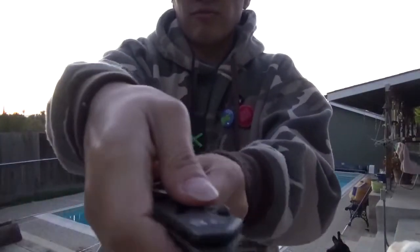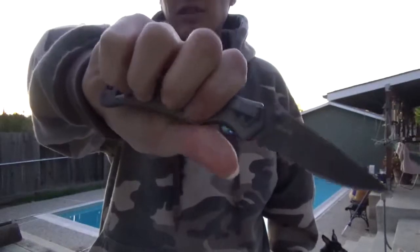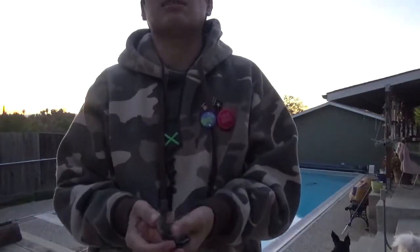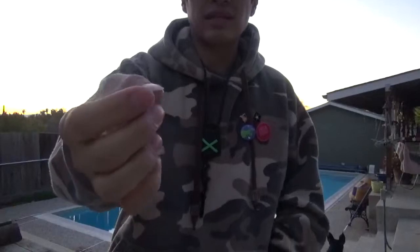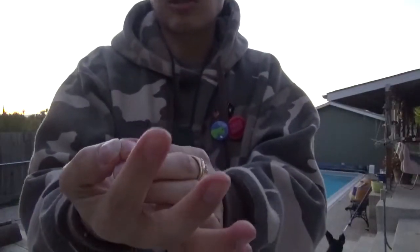to deploy the blade. Because if you use the front part of your thumb and you're trying to do it like that and flicking it open, you'll do it, but other times it won't go, and you'll just keep pushing and pushing and pushing, and then it sort of hurts. You're not going to bleed or anything like that, but sometimes due to all the pressure,